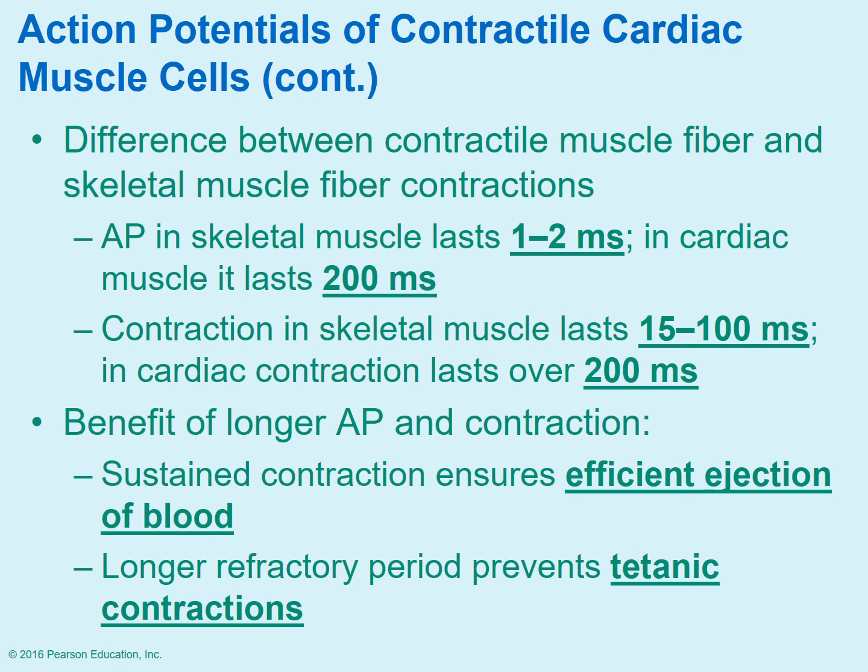Some differences between the contractile muscle fiber of the heart and skeletal muscle fiber contractions is that the action potential in the skeletal muscle lasts for about 1 to 2 milliseconds. In cardiac muscle, it lasts about 200 milliseconds. The contraction of the skeletal muscle lasts for anywhere from 15 to 100 milliseconds. In cardiac muscle, the contraction lasts over 200 milliseconds, much longer. So what's the benefit of a longer action potential, a longer contraction period? Number one, you get a very strong contraction and you're getting a very efficient pushing of that blood out of the heart. The longer refractory period prevents the type of the